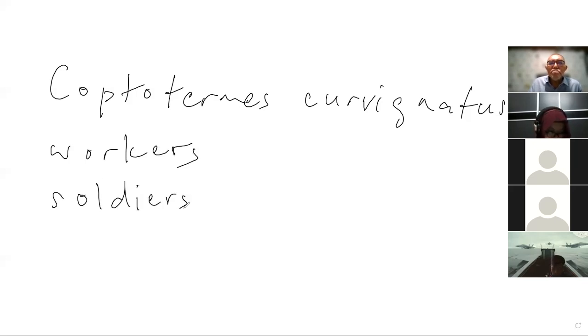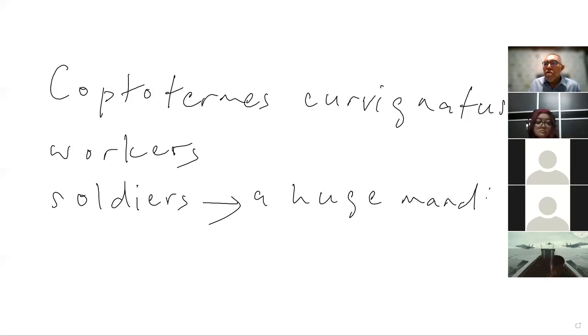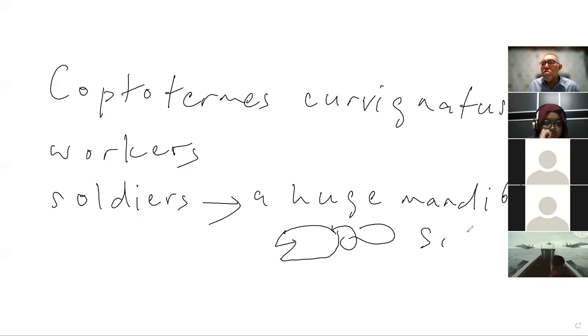Soldiers are attributed by the appearance of a huge mandible. Okay, so they have a huge mandible. This is basically a soldier. And then the workers, it is something like this, smaller. They don't have that huge mandible. Okay, so they use this mandible, the soldier uses this mandible